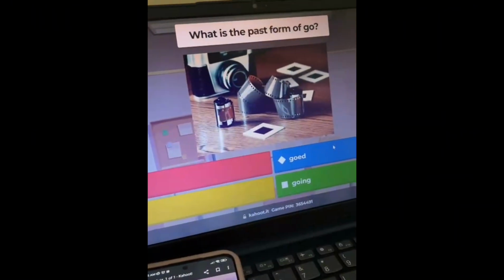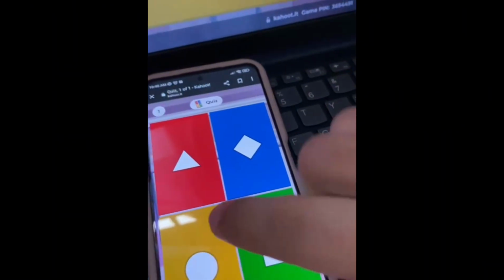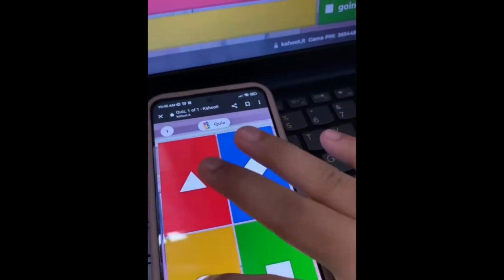Okay, this is the main screen. What is the past form of go? Students can choose the color